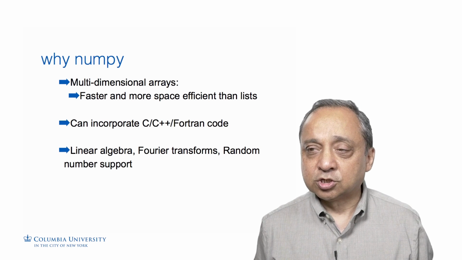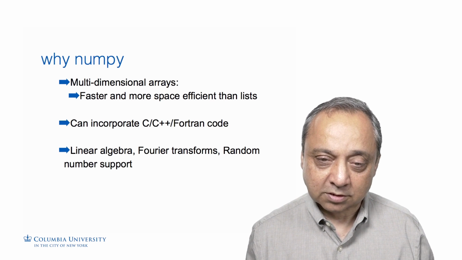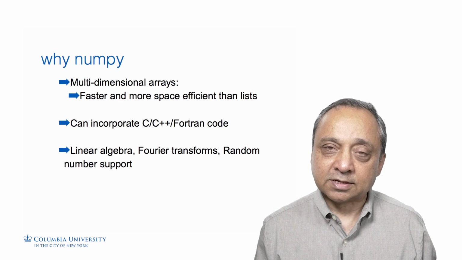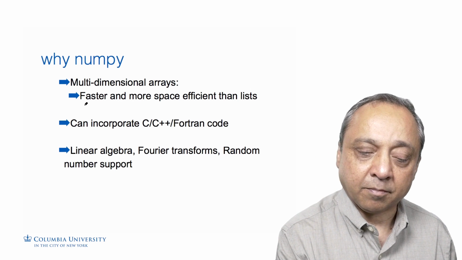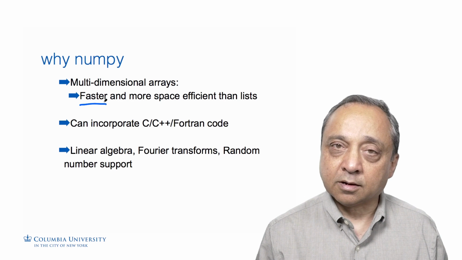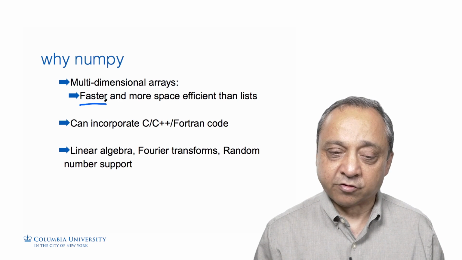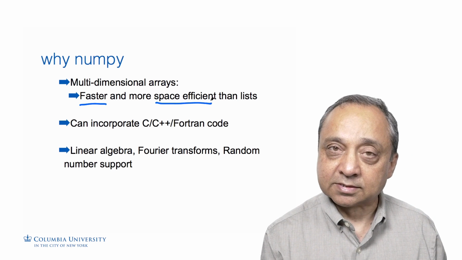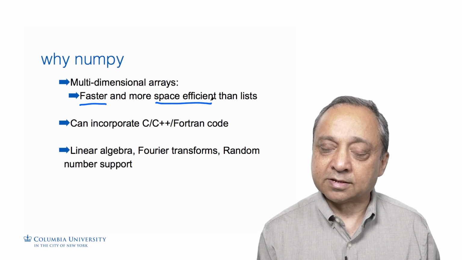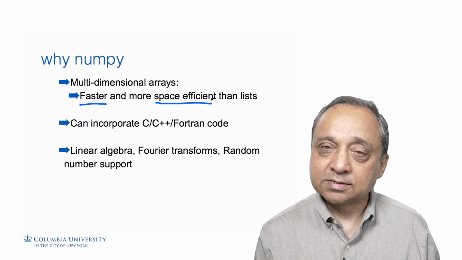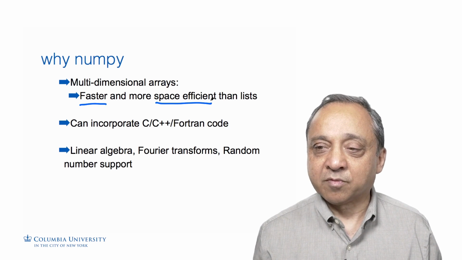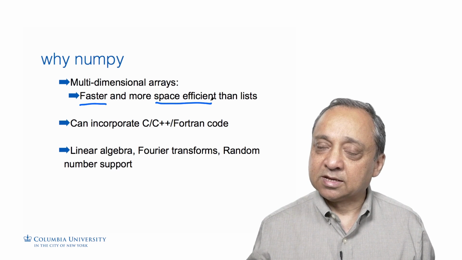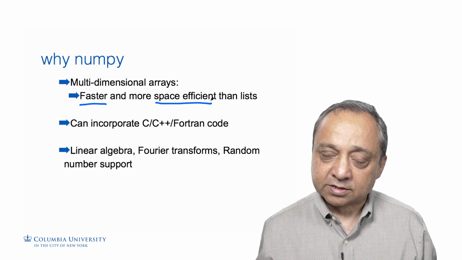NumPy, or numpy, people use either term interchangeably, is very useful because it's a fast mechanism for dealing with arrays and matrices and those kinds of things. It's fast, and it's also more space efficient than lists. The key reason for this is that a list can have different objects inside it. So you can have a list that mixes integers, strings, or even your own user-defined objects